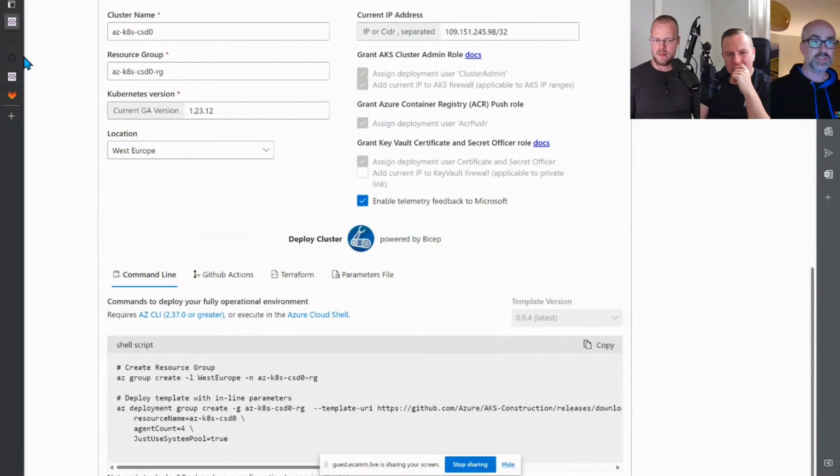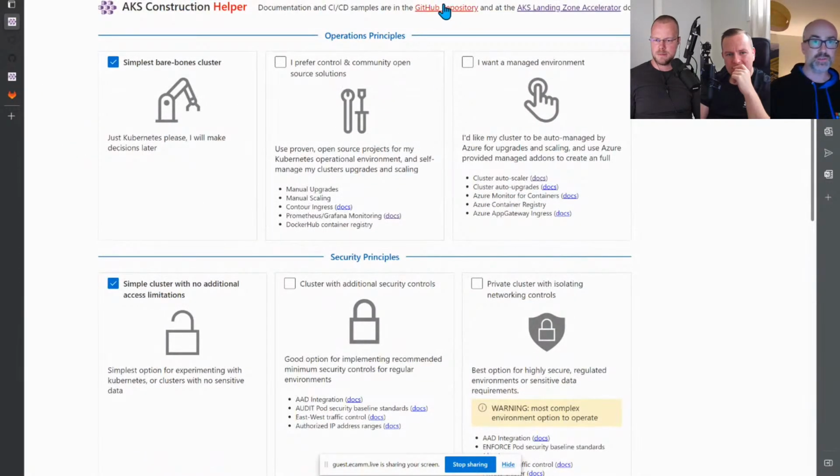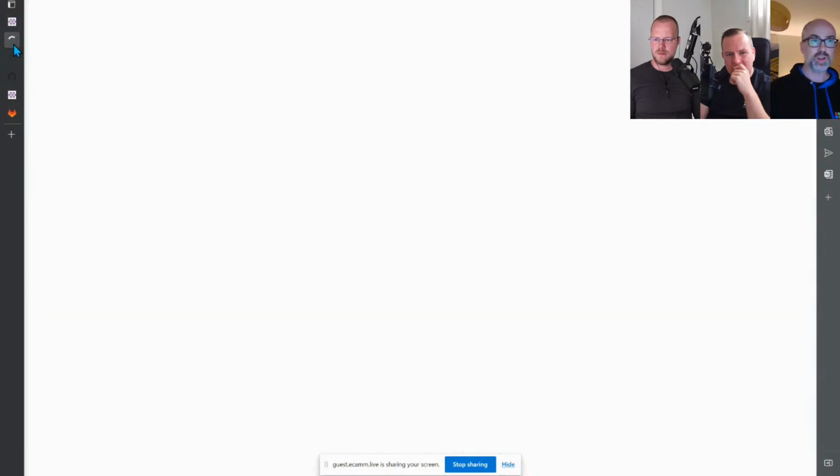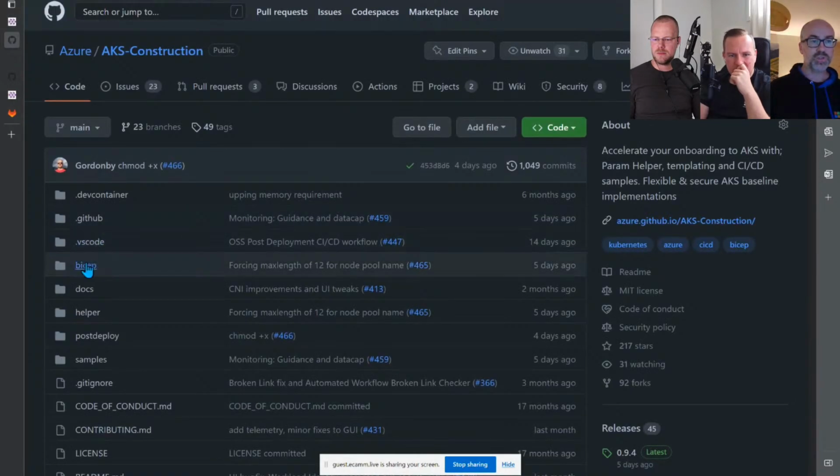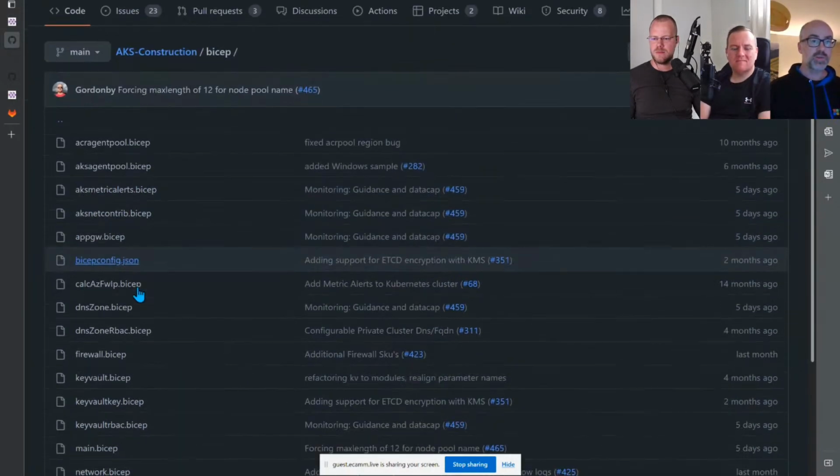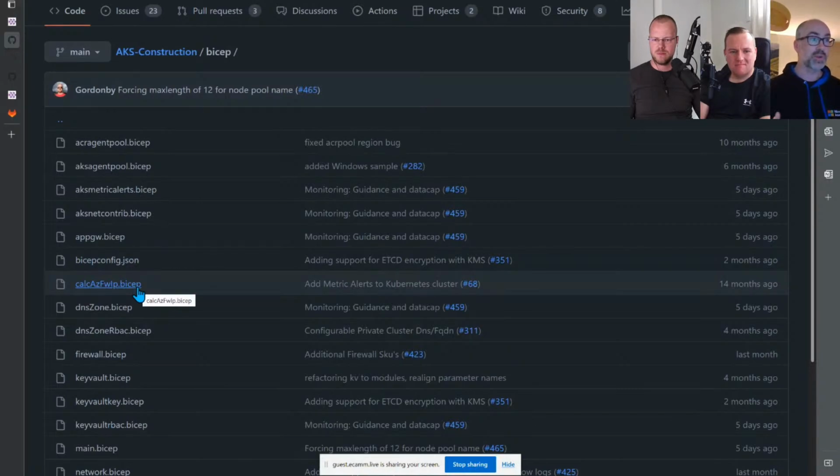So if I skipped back to the repository itself, let's have a little explore here. We've got a folder, we've got some bicep code. We've actually got quite a lot of bicep code in here, to be honest. And it is super highly conditional. Like when you're writing Terraform or bicep code, you'll be taking in some parameter input.